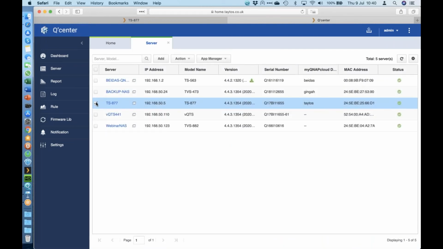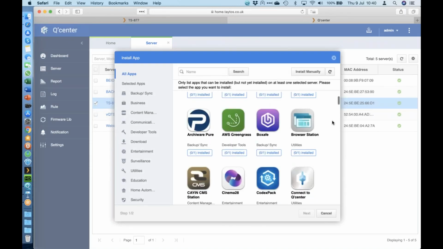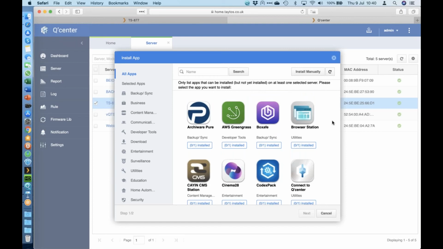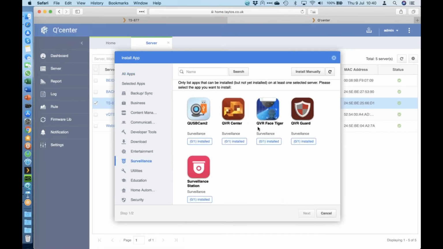features, and you can also install apps. So if an app isn't installed on a QNAP, so you can go here and install it, and you get to see the same view of the App Center that you would have clicking the App Center on that specific QNAP as well. So if I was to go down here to our surveillance software and want to install one of our extra features,